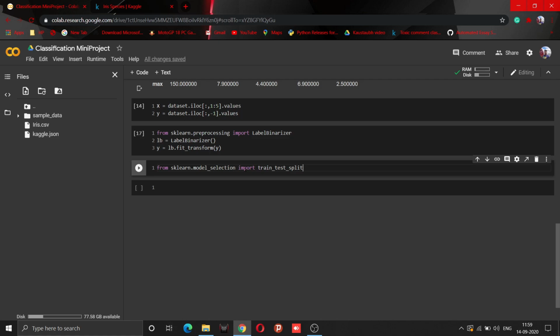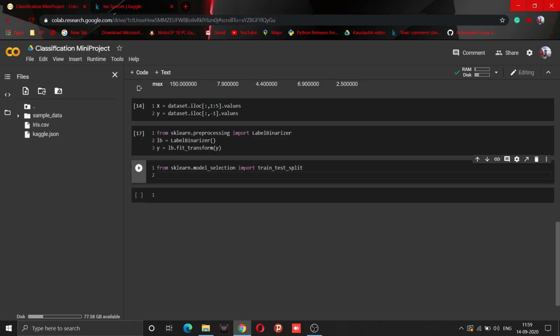After importing this, as you all know, we need to initialize it. First of all, we will need four variables because we need to divide x into x_train and x_test, and similarly y into y_train and y_test. So I will write x_train, x_test, y_train, y_test.